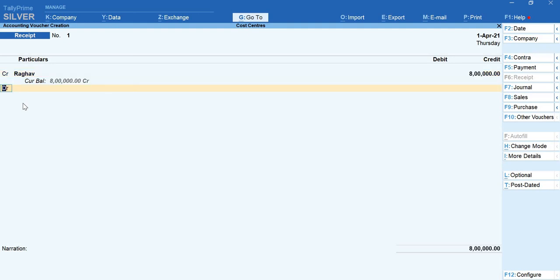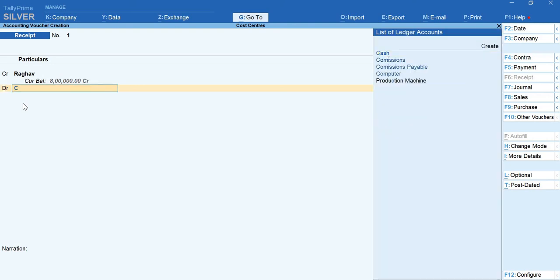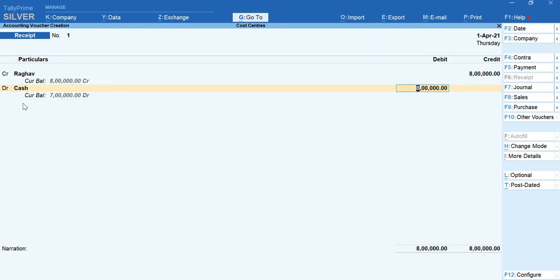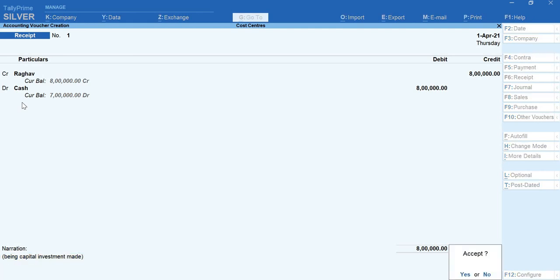And for cash we have to apply a real rule: debit what comes in and credit what goes out. So debiting cash account 8 lakhs rupees because it comes into my business. The narration we write is being capital investment made. Is that clear? Let me have the information in the chat box.